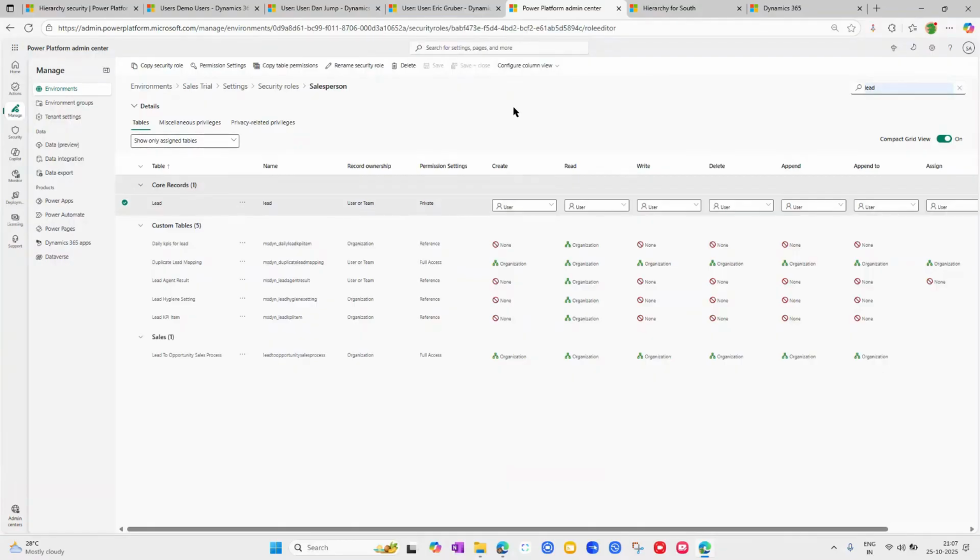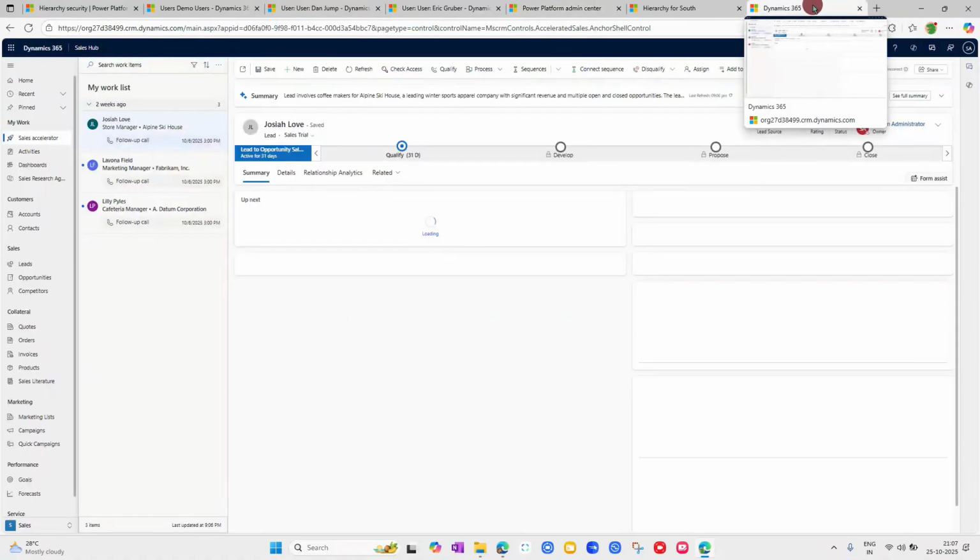And for this demo, we will use lead table. And currently, as part of this security role, both of them will have only user level privilege for lead table. Okay, without the manager hierarchy, both of these users will be having only user level privilege. Okay, now I will go to the application